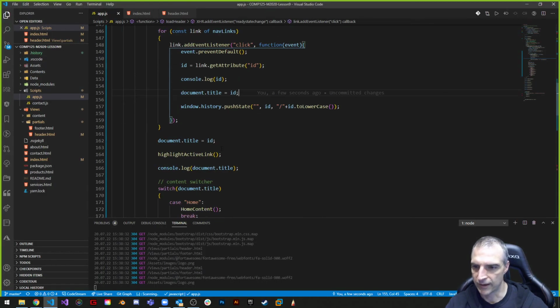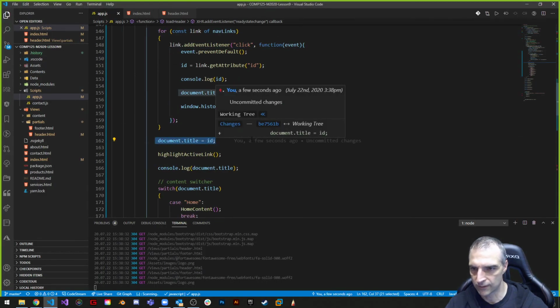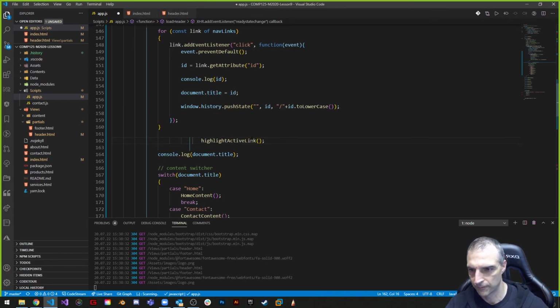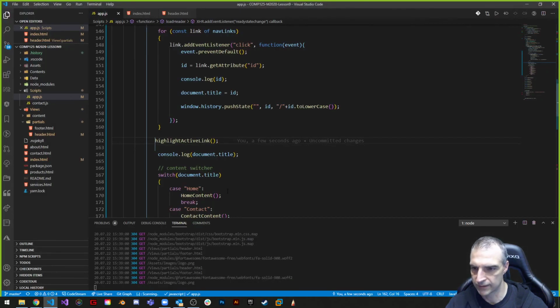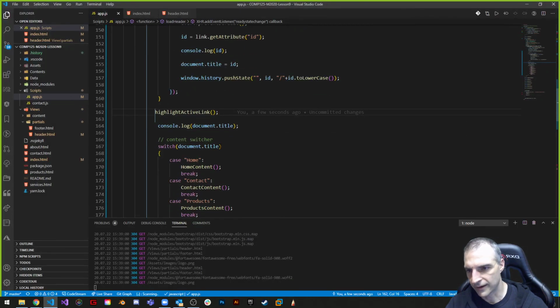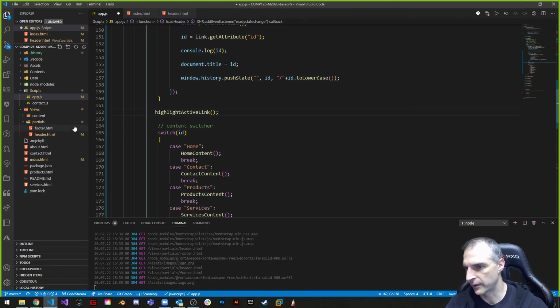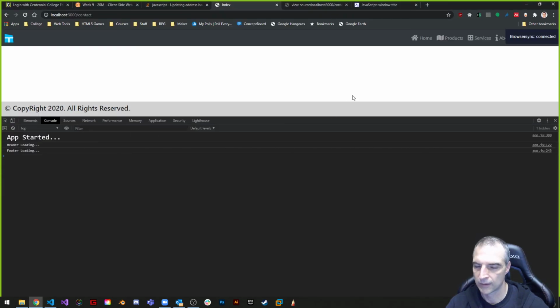And now instead of doing this, which we don't have to do anymore, highlight active link is going to be based on what I click on, right? So if I go to home, it's clicked, products, services, it's highlighting. That's nice. And instead of switching on document title, I can simply switch on ID, because we already have it. Might as well use it. So if I go home,